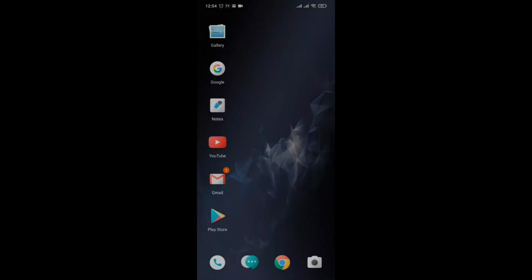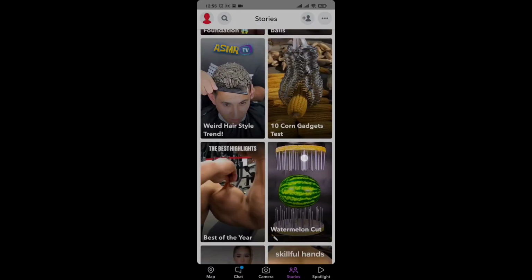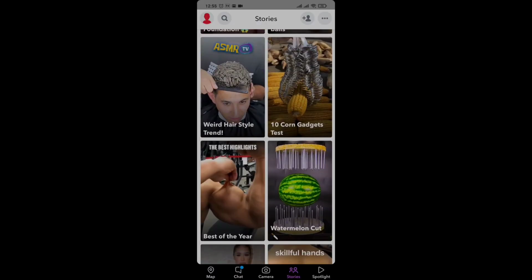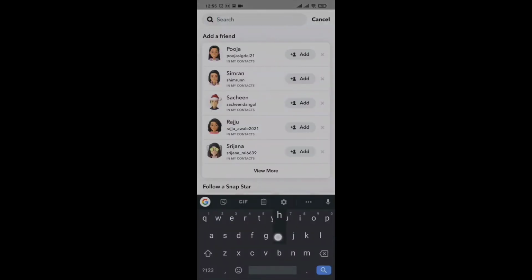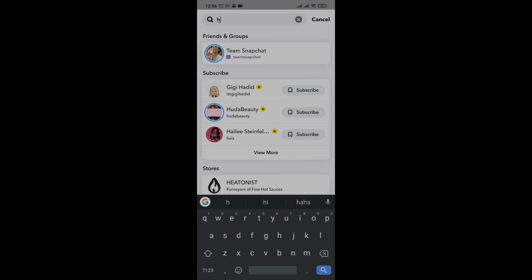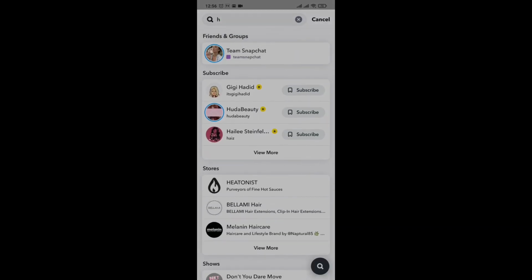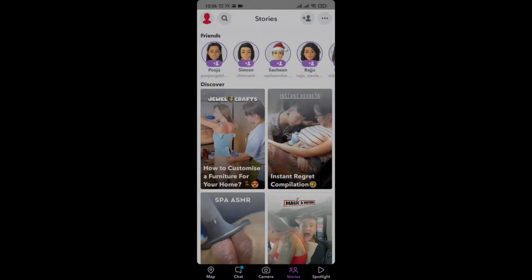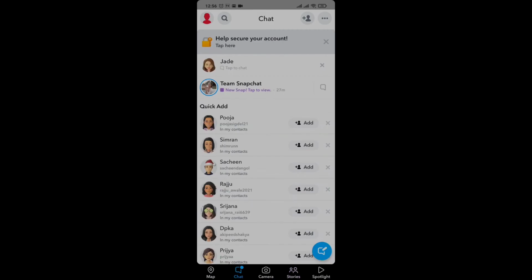How to unblock someone on Snapchat. If you have previously tried to unblock someone, you must have tried to search their usernames, but you may have noticed that you wouldn't see their usernames because they have been blocked from your profile and you wouldn't be able to see them. Now to unblock them, you can simply head over to your profile section on the top left